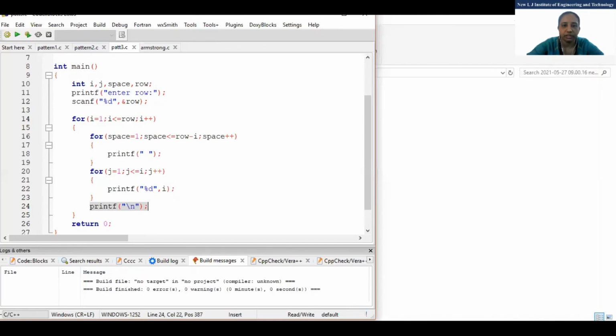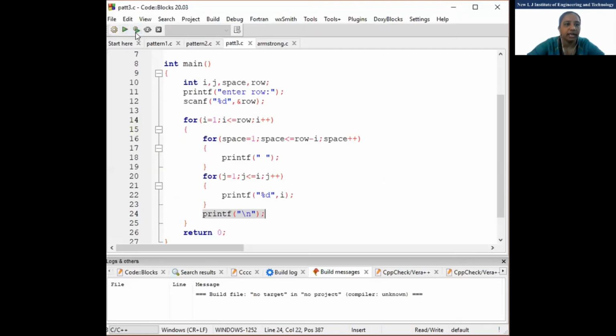Just a minute. Right, I'll run that program. It asks me to enter the number of rows, so I'll enter 6. It will execute up to the 6th row, you can see from the output. This type of program is a general program that can be applied to the previous patterns also, right? Suppose I enter 9, it will print up to 9 rows.